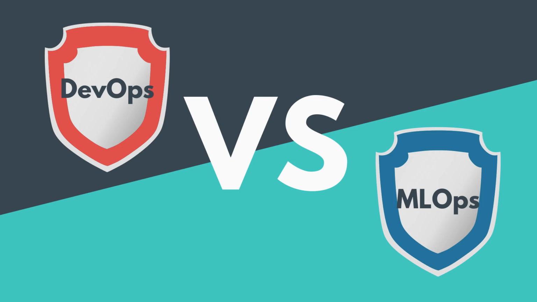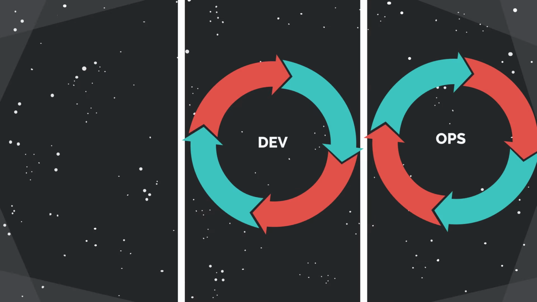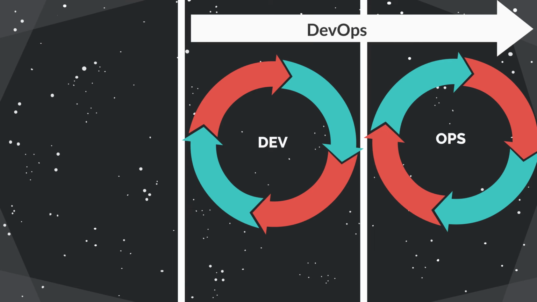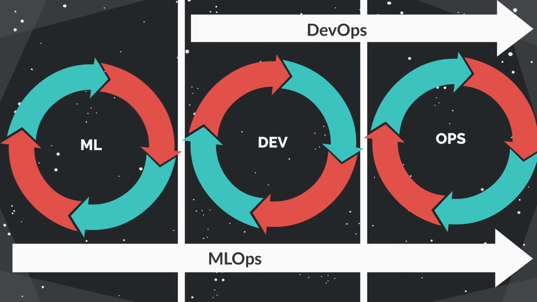Let us now try to drill down into what DevOps and MLOps are and how they are different from each other. Before we go any deeper, let's look at the subtle differences between DevOps and MLOps. So we know that DevOps brings the Dev and Ops teams together, working in harmony. We can say that MLOps is an overlay of machine learning over DevOps. Thus, MLOps is essentially based on DevOps and has additional features which make it ready for driving ML projects to success.